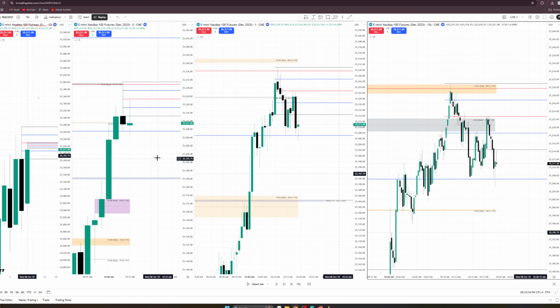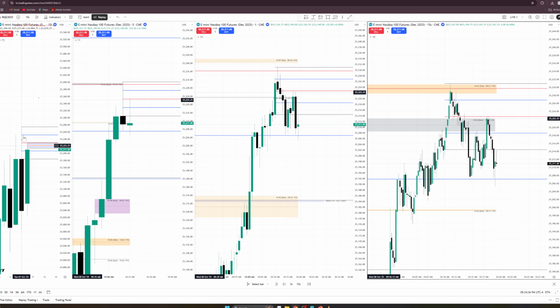So the first thing is we need to plot our arrays, that is this premium wick. I plotted the quadrant levels. The market was coming up, so this is the premium array. So we expect some kind of intermediate reversal or a small retracement. So for that, we wait for the price to go and hit this midpoint level, and then we want to see some kind of